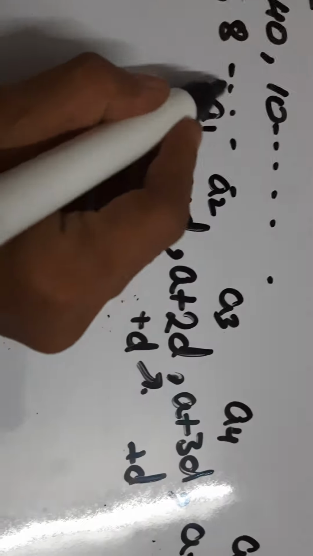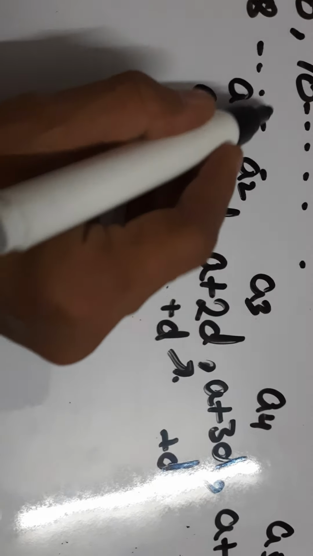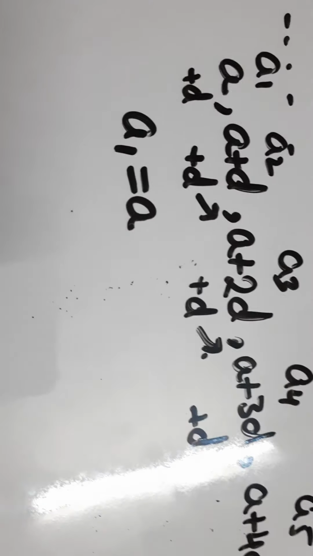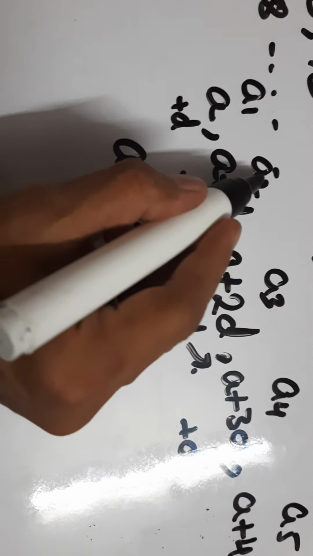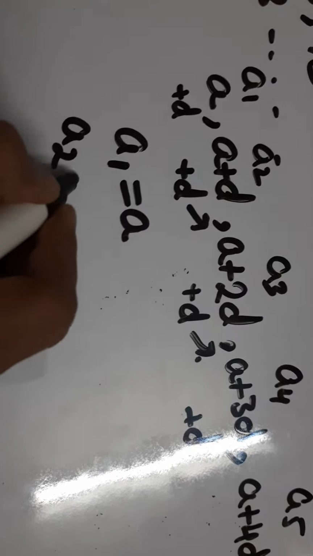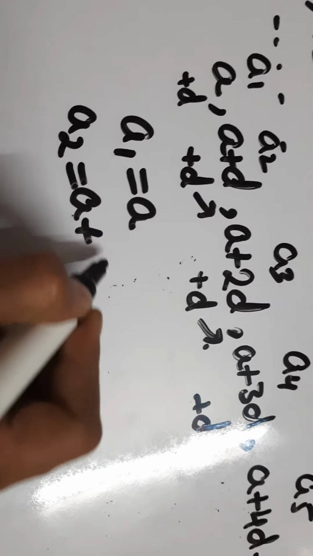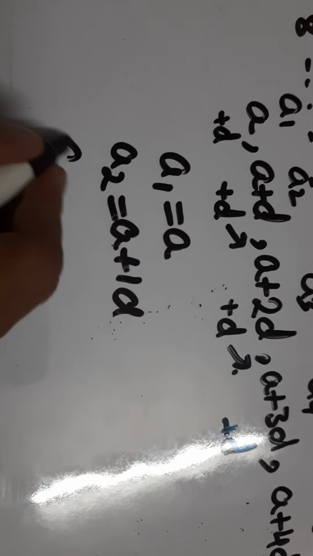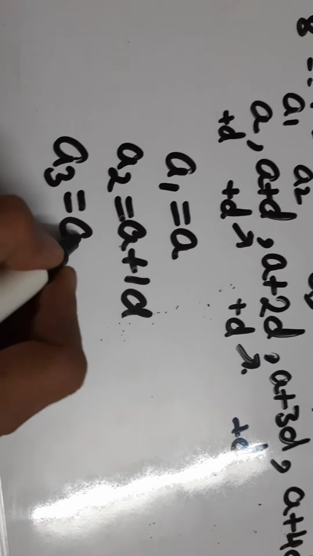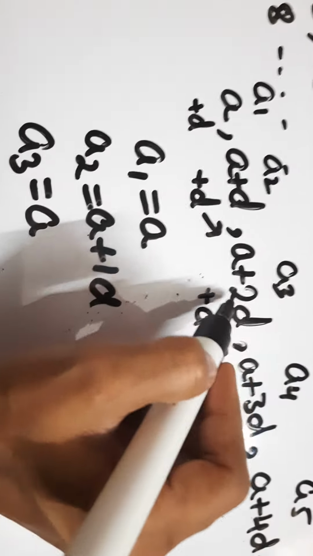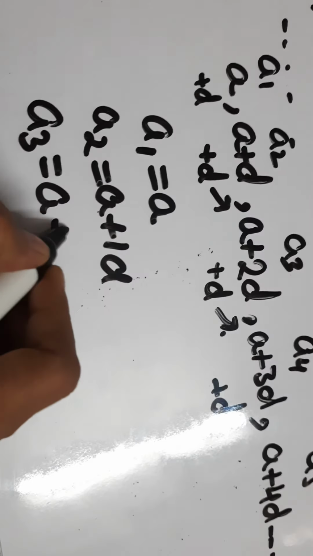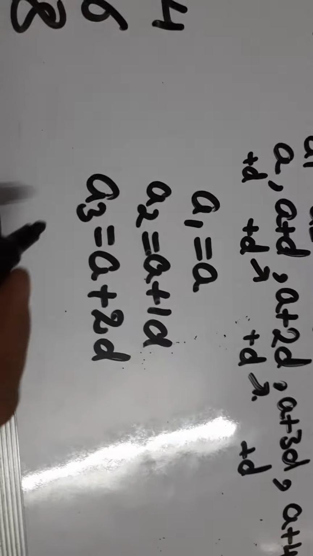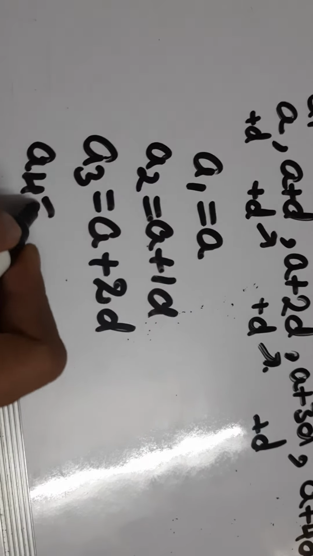So in this way, we get the general AP. So from here, we can derive the formula also. Like for the first term, what is the first term? The first term is itself a. What is the formula for the second term? a2 is equal to a plus 1d. Here 1d is there. For a3, we can take a plus, for a3 what has come? One less, means 3 minus 1, 2d. If I want to write a4, tell me what is the formula.